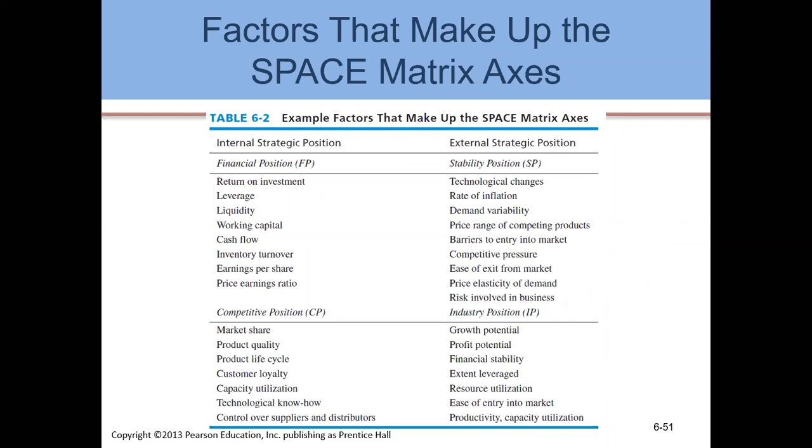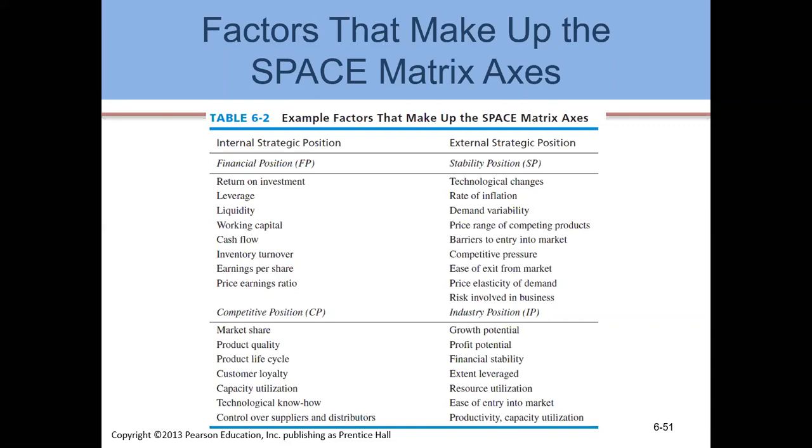So 3 and 3 make 6. Adding 5 would make 11, and adding 4 would make 15. So I have to divide this 15 by the number of factors I have considered, which are 4. So if I divide 15 by 4, the value which I would get is the value I have to put or mark on the positive y-axis of FP. I'll be showing you the complete numerical once the points are discussed with you.